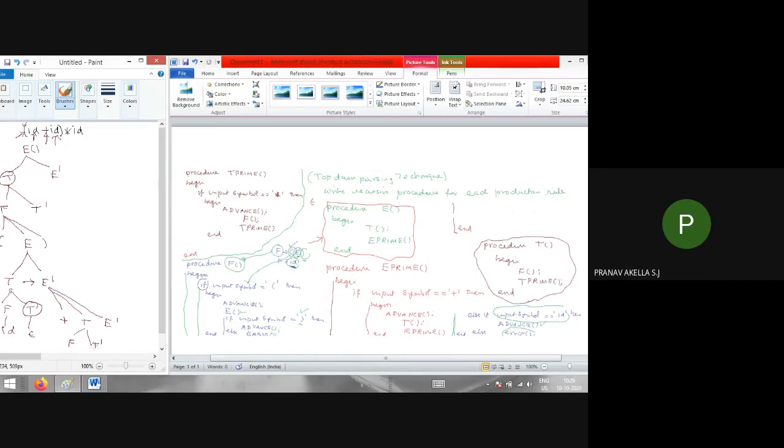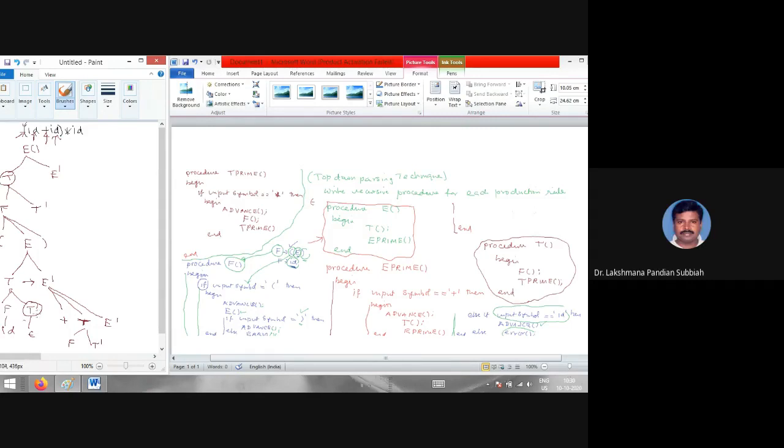Star F T dash. This is T, not T dash. This is T, correct? For the T, we are having only procedure F T dash. Where is T dash? This T dash is empty, correct?